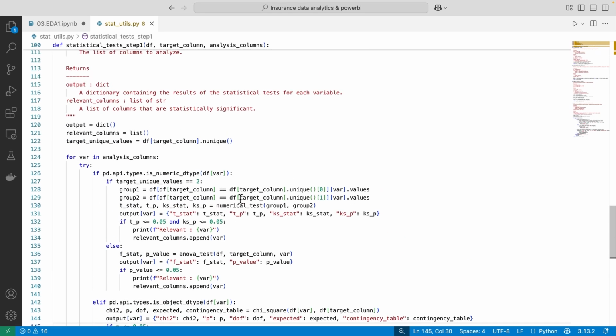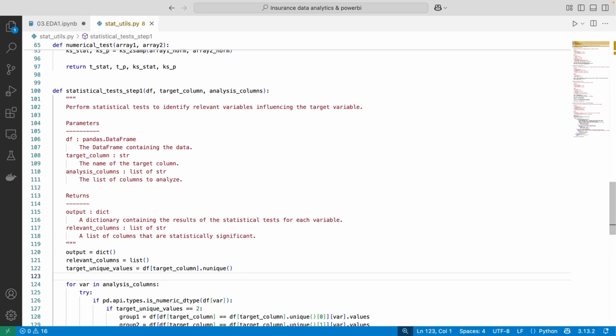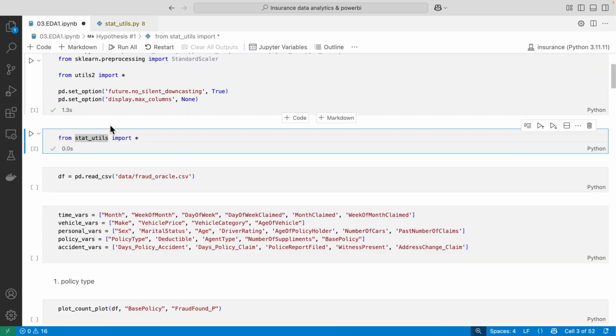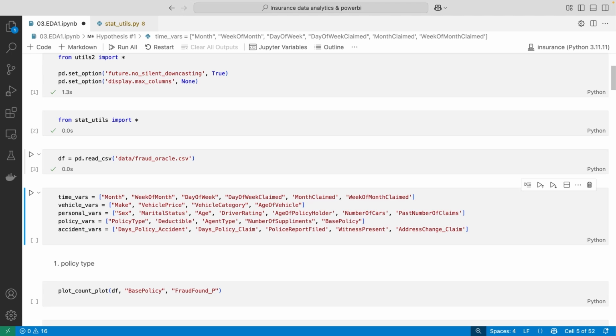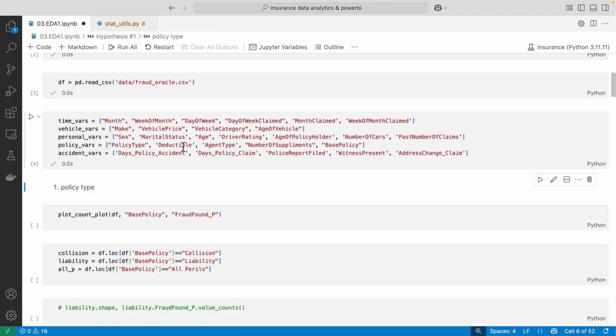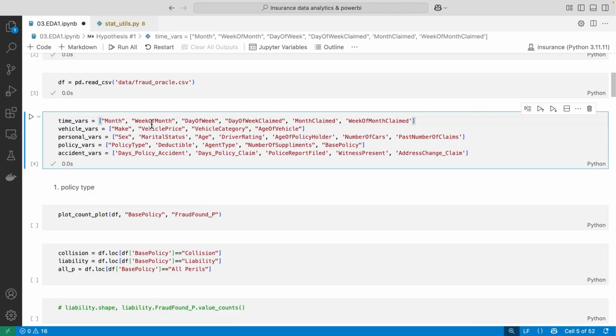So we have a lot of tests prepared for our data set, and all you need to do is provide the analysis columns, the target column, and the data set. Anyways, keeping that in mind, let's read our data set,